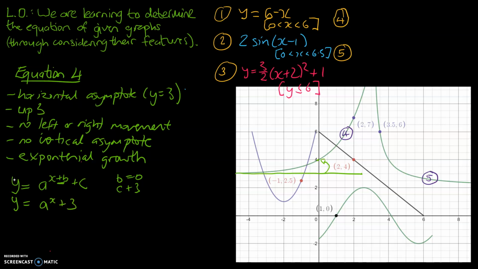We're now going to use our point that's been given to us. So at point (2, 7), x is equal to 2 and y is equal to 7. So we're going to plug that in. 7 is going to be equal to a to the power of 2, plus 3. 4 is going to be equal to a squared. a will equal 2. And as a result, that means our equation is y equals 2 to the power of x